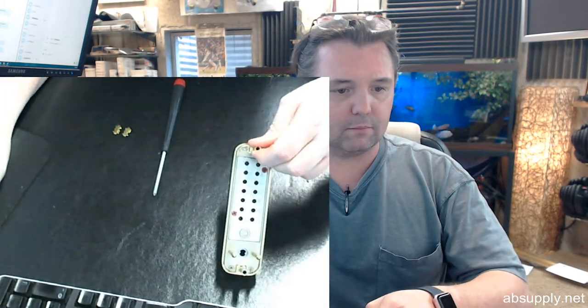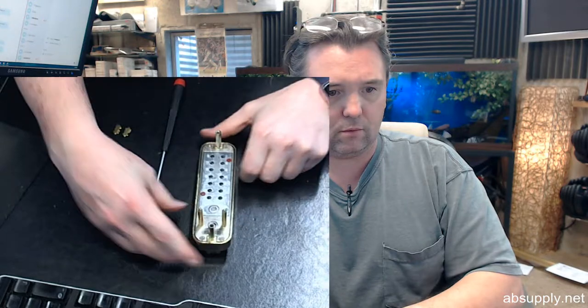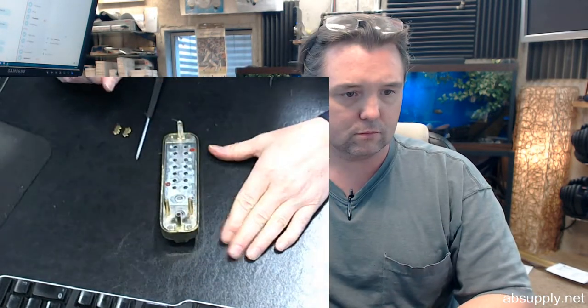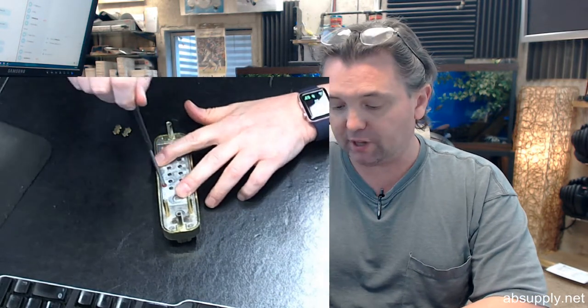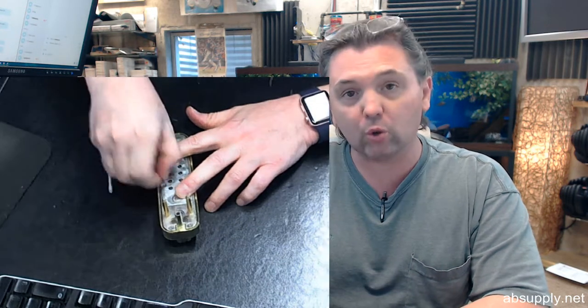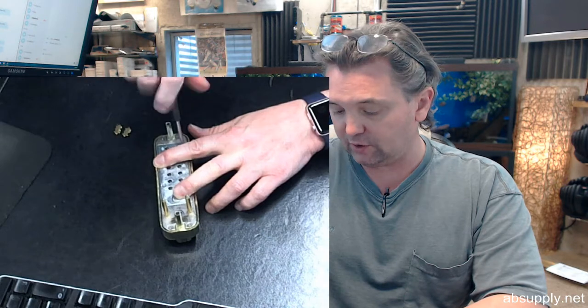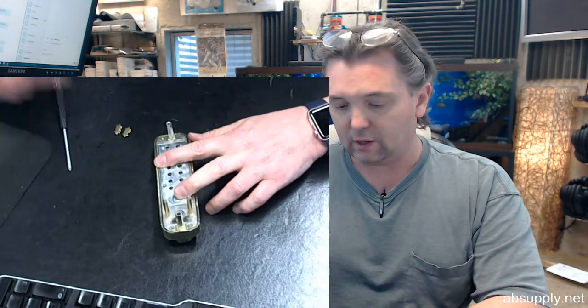Okay, and here we go. Got that. I'm going to use my two fingers to control that rectangular plate because there are springs underneath it. I'm going to remove that first screw, and there are only two to remove. They're red, even though the instructions say blue. Then carefully, just